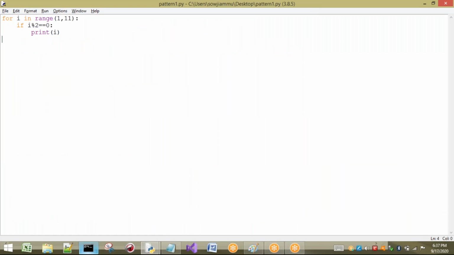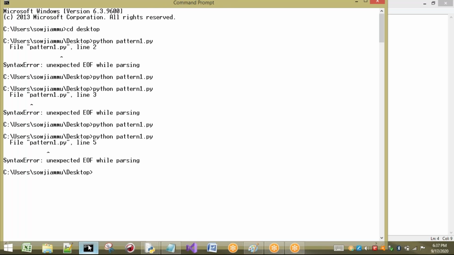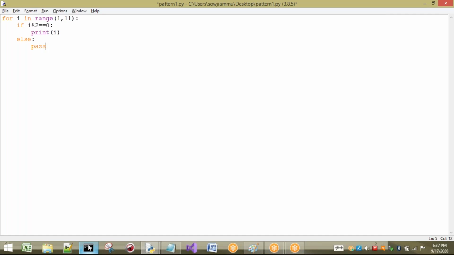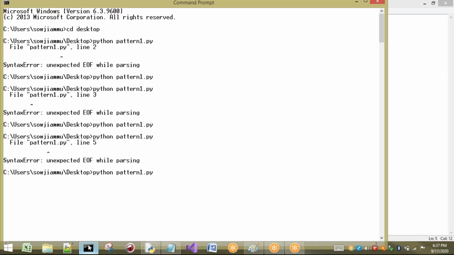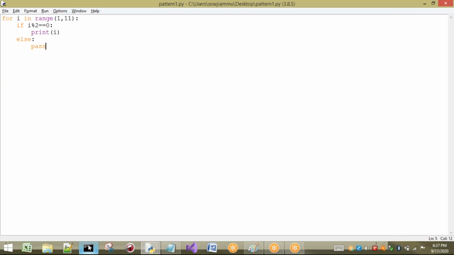My question is, some student asked me, sir, use else also, but I don't want to write anything in that else. If I take it this way, what happens? It will tell you that you are taking an else case and there should be some statements in it, so you are going to get an error. So I just write pass here. If you write pass, that indicates nothing is there in your else statement. So this is about the pass statement.